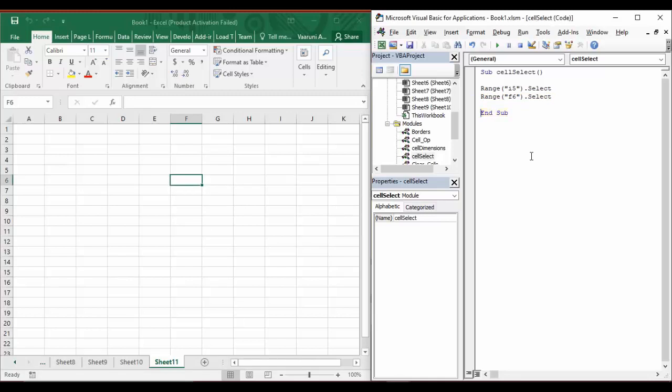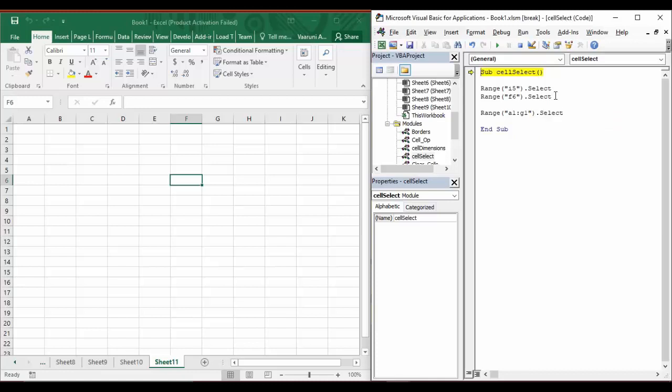Okay, so that was about a single cell, but since we know that using the Range function we can refer to a range of cells as well, what happens if we provide a range of cells instead of a single cell as an argument to the Range function and use the Select property? Let's see that as well. In Range, let us provide a range of cells from A1 till G1. So I'm providing a range of the same row, A1 till G1, like this. This is how you provide a range. Put a dot and add Select to it.